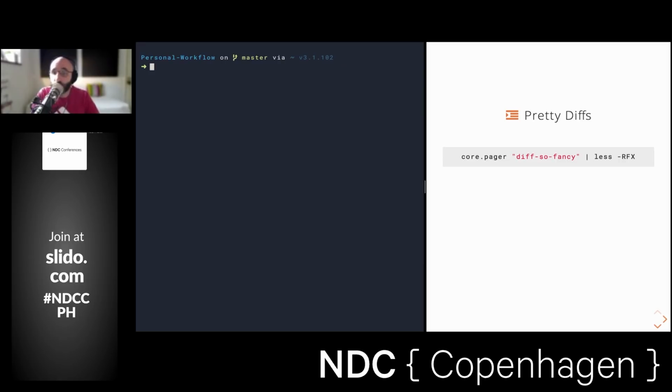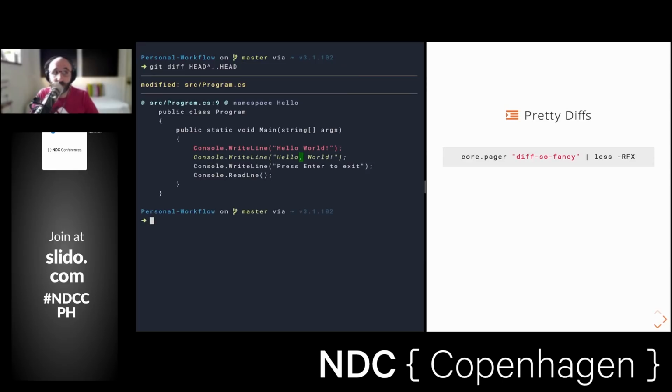You do that through a configuration setting called pager. So you say git config core.pager, and you basically set it to diff-so-fancy, and then you pipe it to less to print it onto the screen. And once you've done that, you can say, for example, diff, the commit that's referenced by HEAD, compared with the one before HEAD,